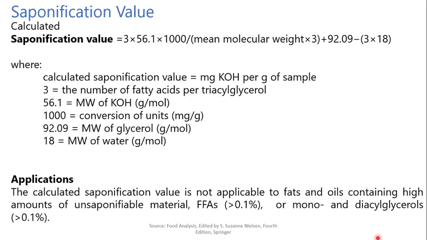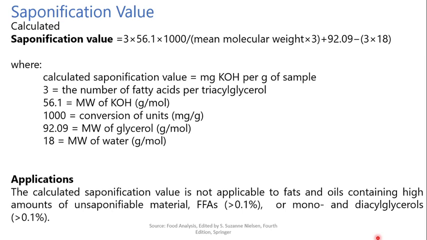The mean molecular weight is the sum of the fractional weights of all fatty acids in the sample, so that the calculated saponification value is equal to 3 into 56.1 into 1000 divided by mean molecular weight into 3